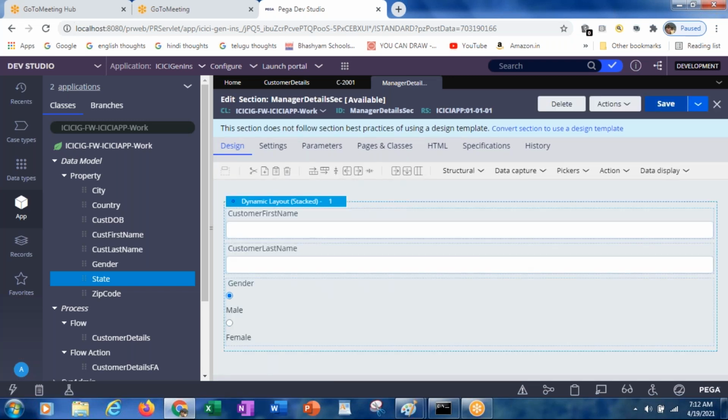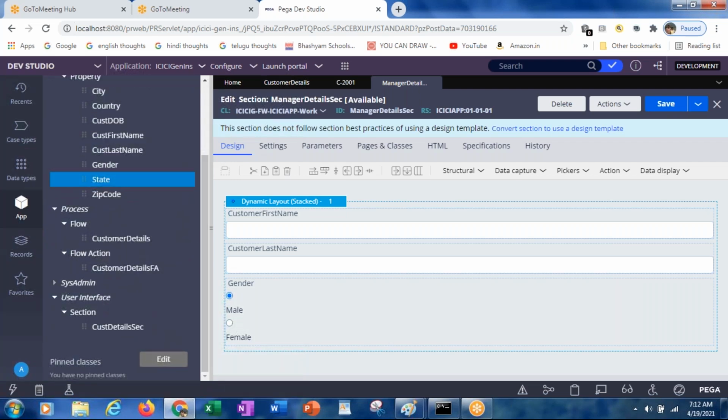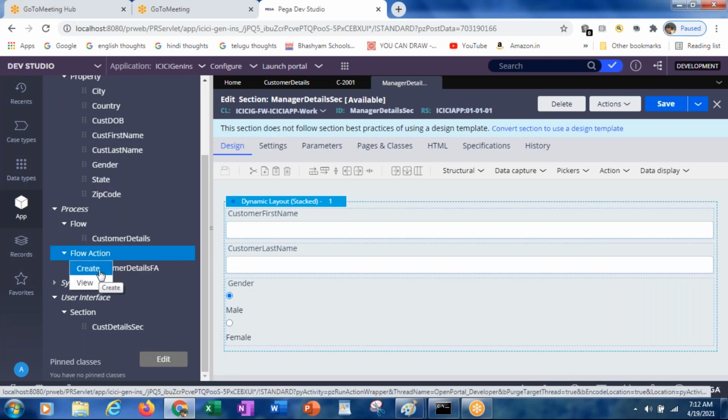After creating the section, next what do we need to create? Flow action. Why? Because this is the container kind of thing where we can have the section referred, and then this flow action will be referred from the flow. So now create the flow action.